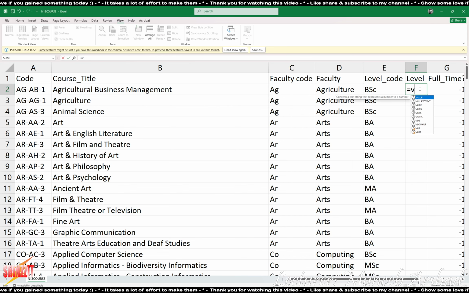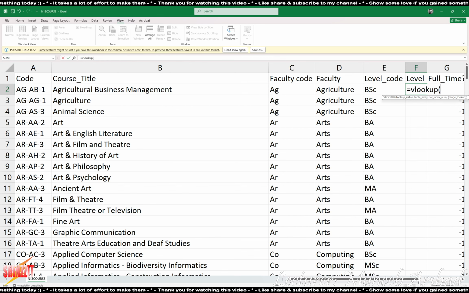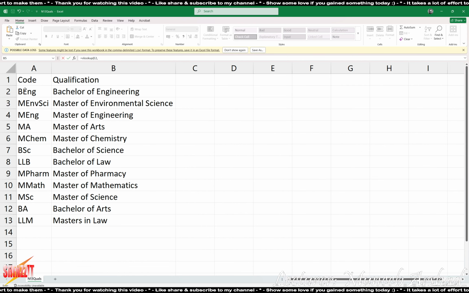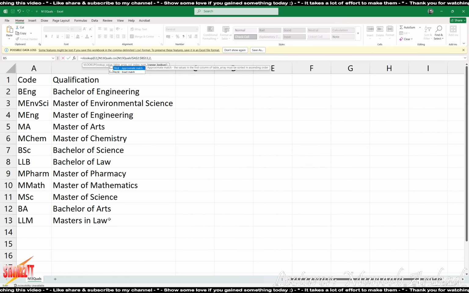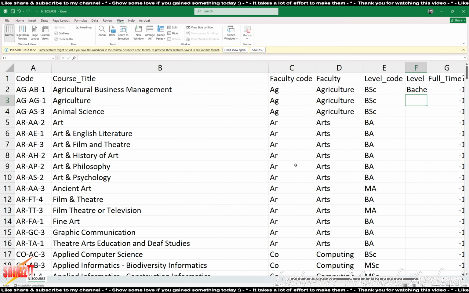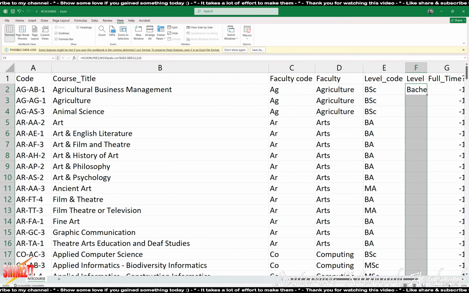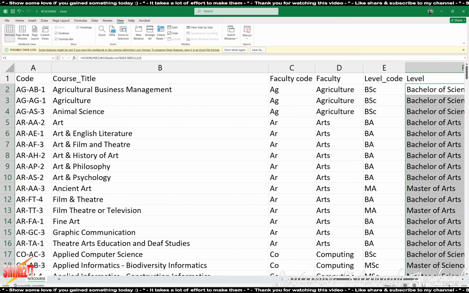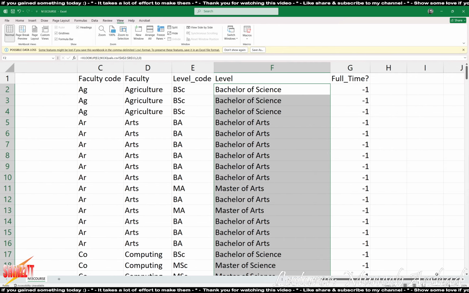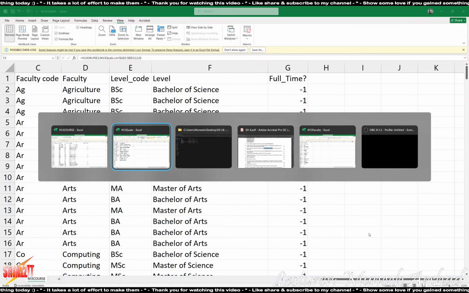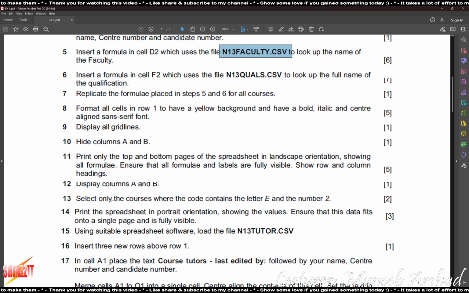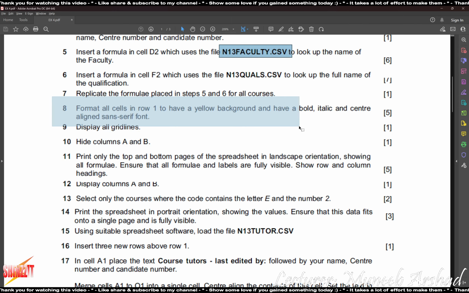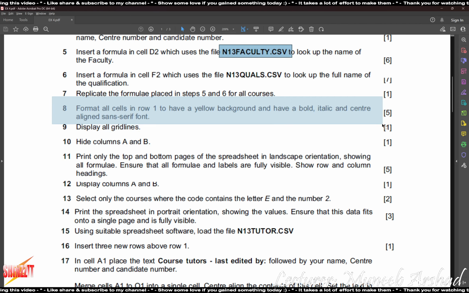So equals to VLOOKUP, bracket open, lookup value is going to be this, comma, table array from this file, both the columns, column index number 2, 0. We get the qualification name. Done. Next is replicate the formula. We've already done that. Format the cells in row 1 to have yellow background, have a bold, italic, and center